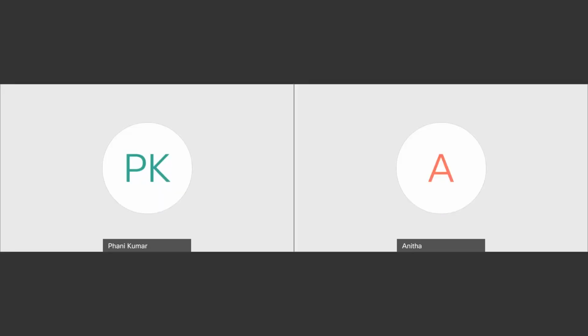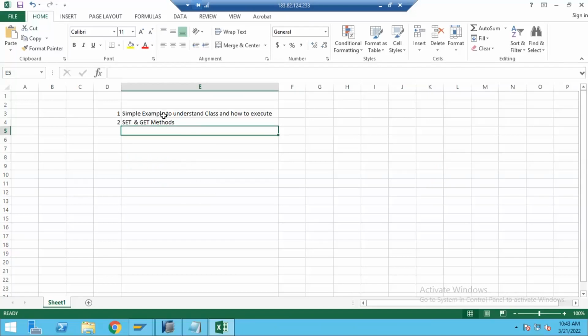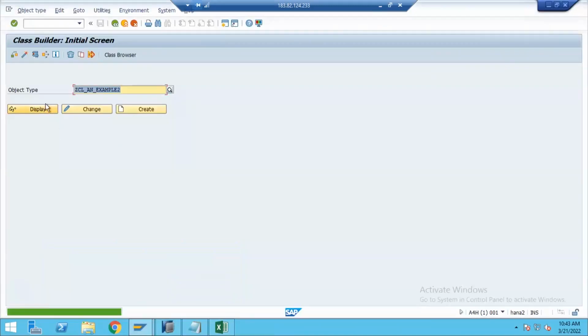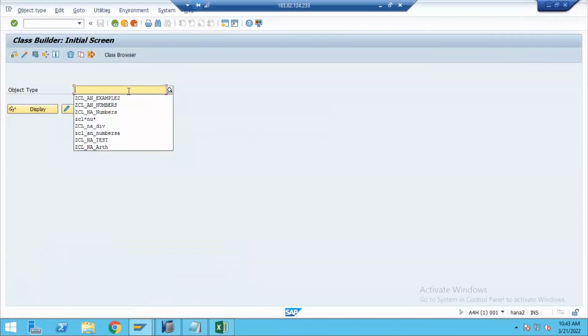So in our last class, we learned a very simple example to understand how to create a class and how to execute a class also. And we saw the different options while creating the class. For example, if I open the last session,